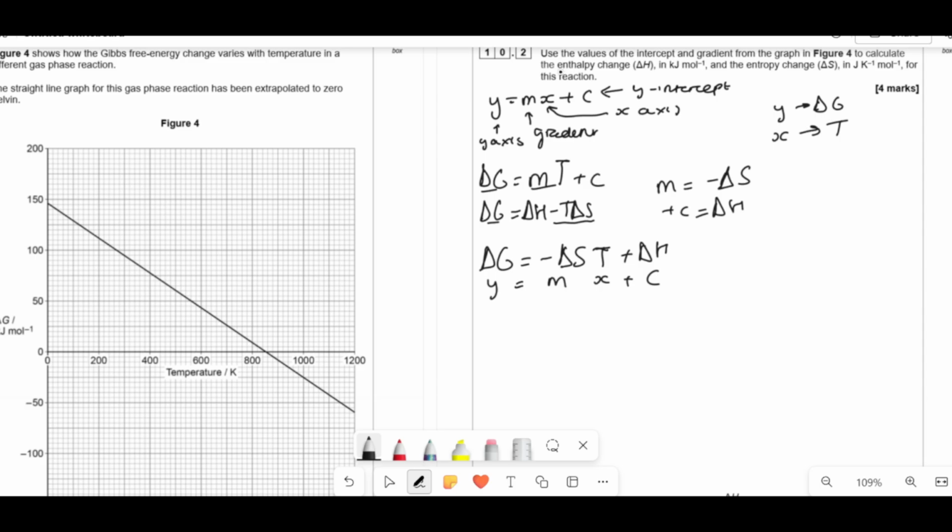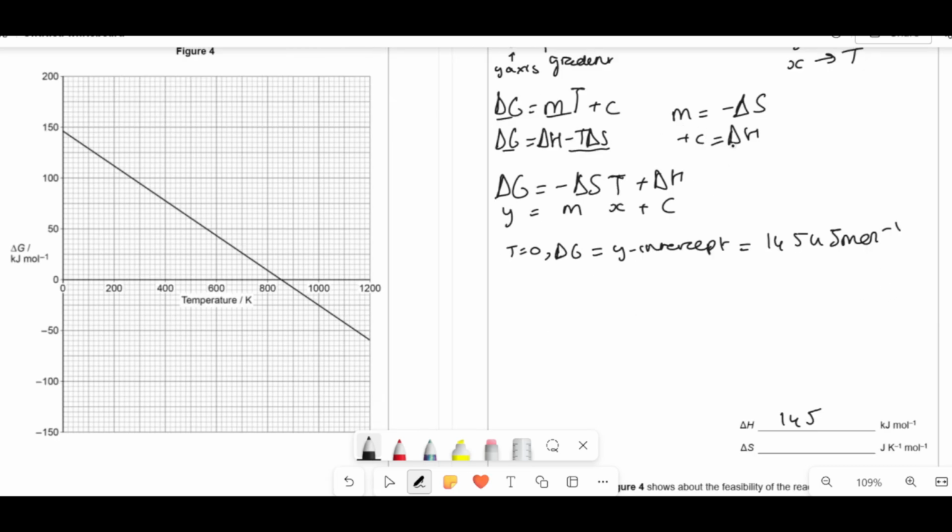The question wants us to find the enthalpy change and the entropy change. So the enthalpy change is the y-intercept. The y-intercept is where you set x to be 0. When x is 0, that term becomes 0, and all it is is y equals c. So if we set T to be 0, then delta G is going to be our y-intercept. If you look at this axis here, where T is 0, that's your y-intercept there. So delta H is going to be your y-intercept, which you can see is about 145 kilojoules per mole. Now, if you look here, we can see that our gradient,